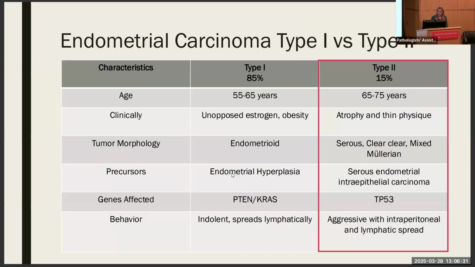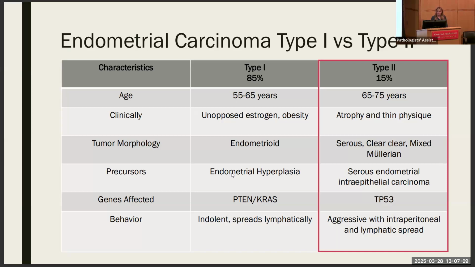So next, we're going to move into differentiating between type 1 and type 2 endometrial carcinoma. Type 1 is most common. It comprises 85% of endometrial carcinomas. It impacts women that are typically 55 to 65 years in age, and its tumor morphology is endometrioid. It's usually brought on by unopposed estrogen or obesity, and its precursor is endometrial hyperplasia. The genes affected are PTEN and KRAS, and it's typically indolent, and it will spread lymphatically if